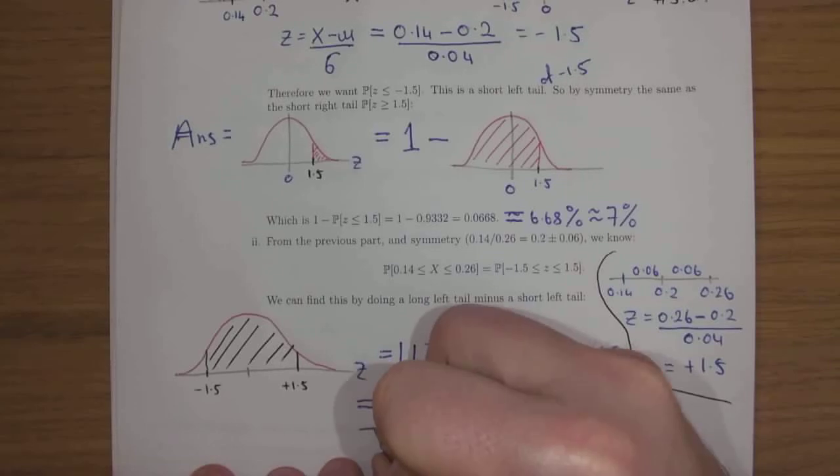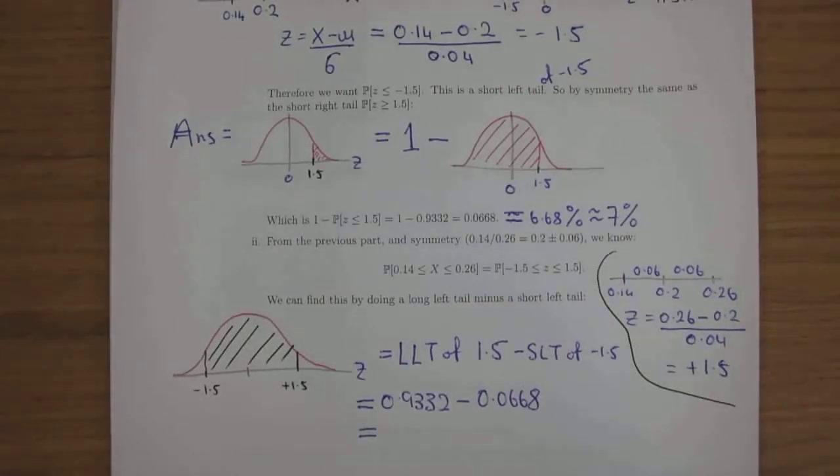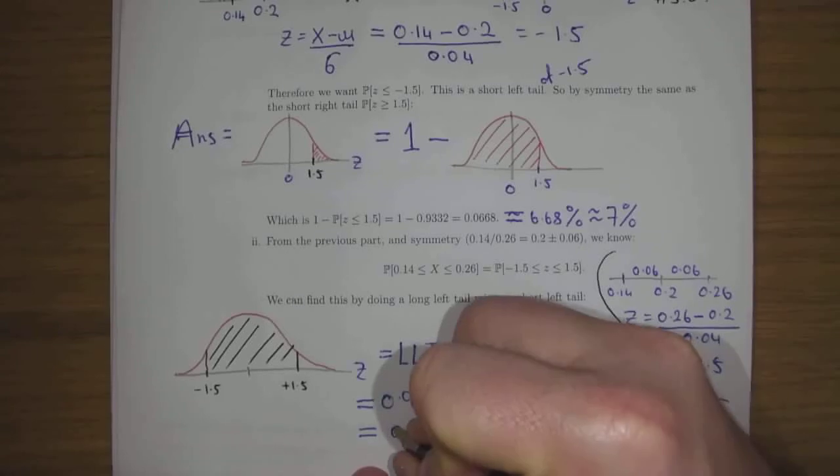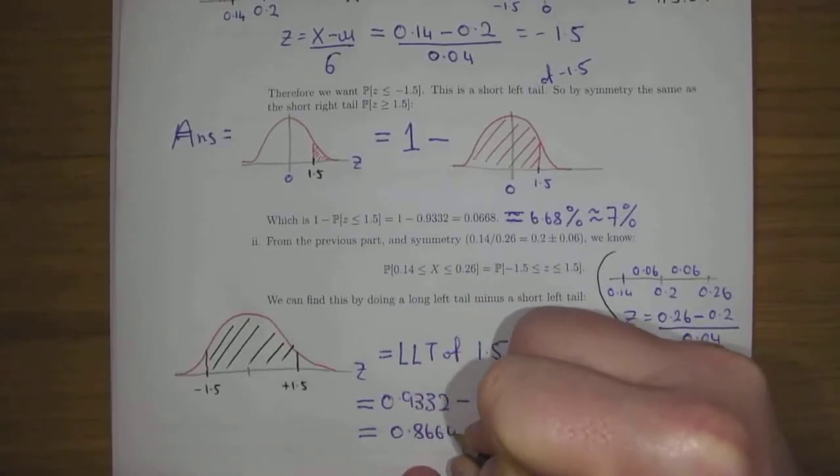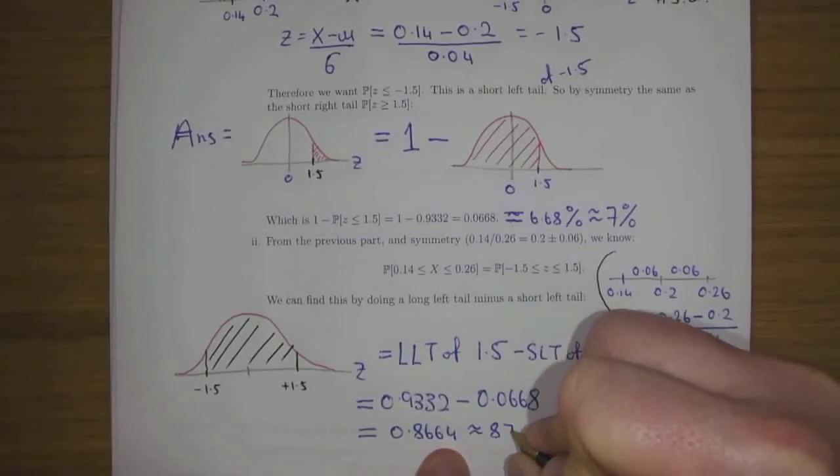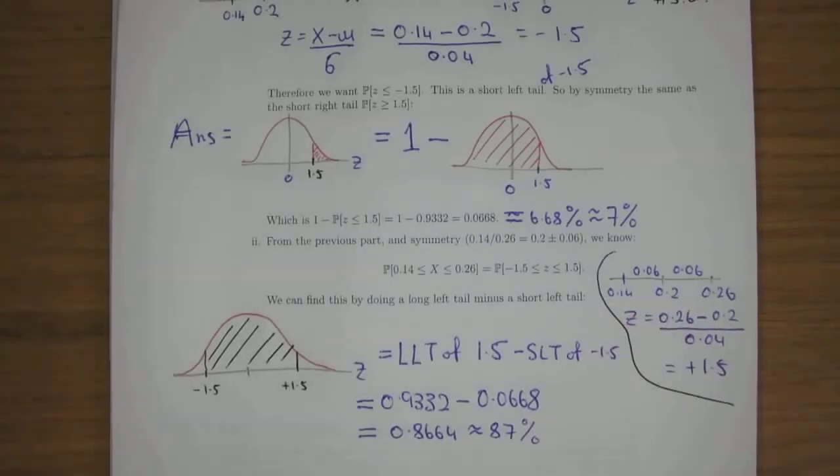We'll just go to the calculator with that, and we get an answer of 0.866. If we're being rough, approximately 87%. So this isn't something really special about this